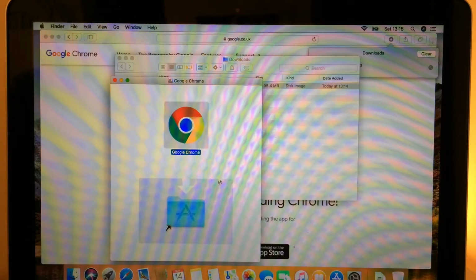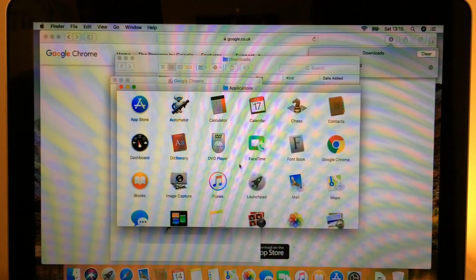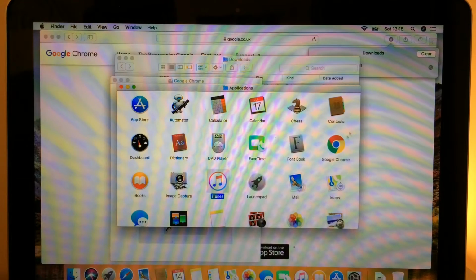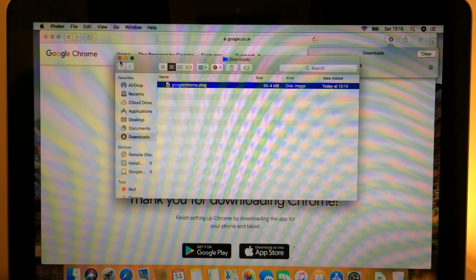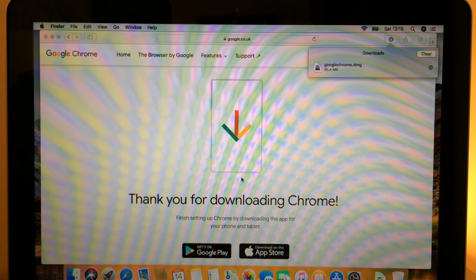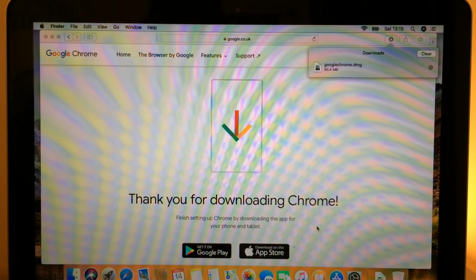Okay, the application has been installed now. So if I double click on this folder here, that is the folder of applications. If I scroll down, I should be able to see Google Chrome is right there on my right. Okay, so now the next thing I would like to do is I can install